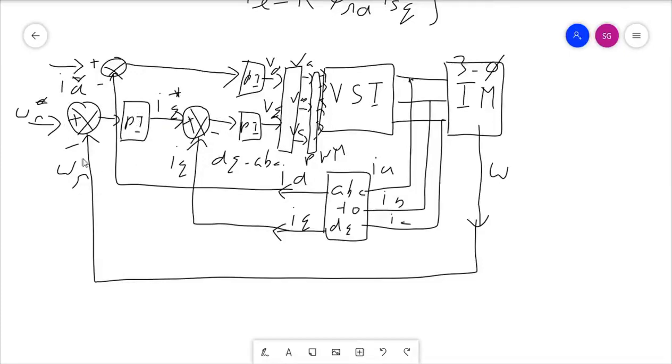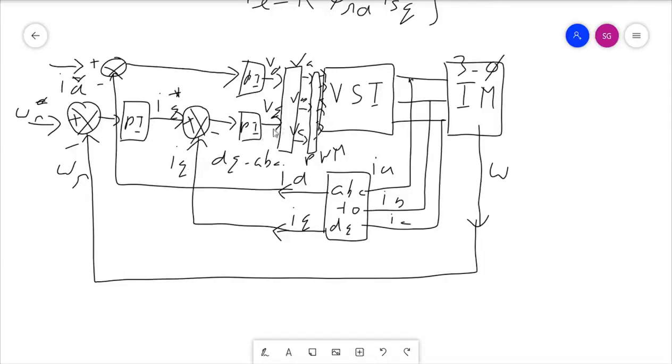So as in DC motor, you get the armature reference current from speed controller. This is exactly representing how much torque you need to just accelerate this rotor to this reference value. So the error will give you the exact torque, the torque signal, this IQ signal. IQ signal is the torque signal. So this stator IQ current will be controlled at this torque reference signal